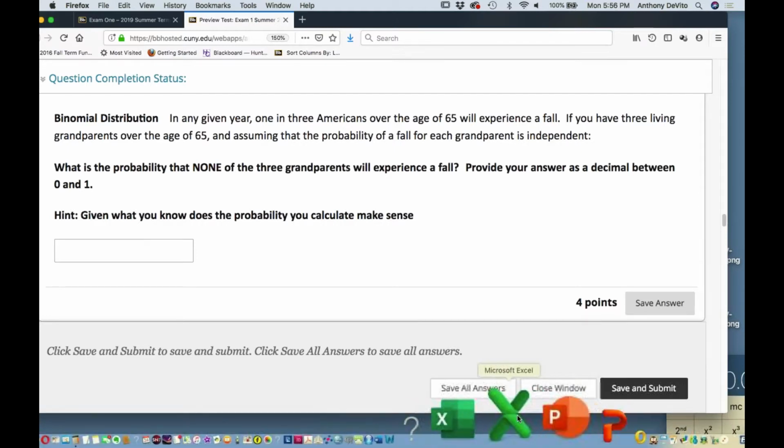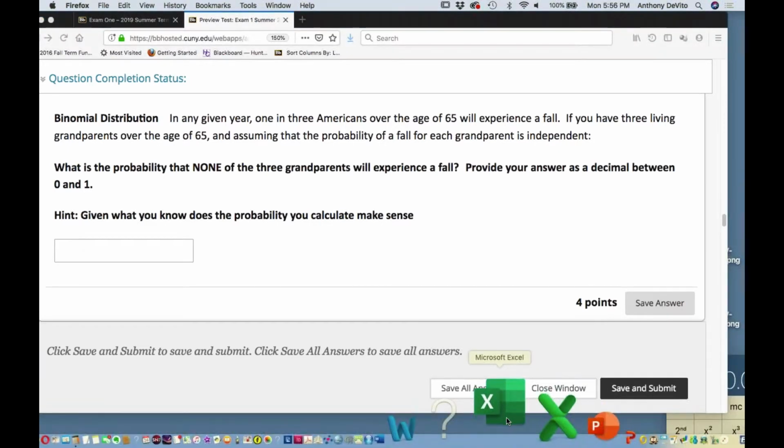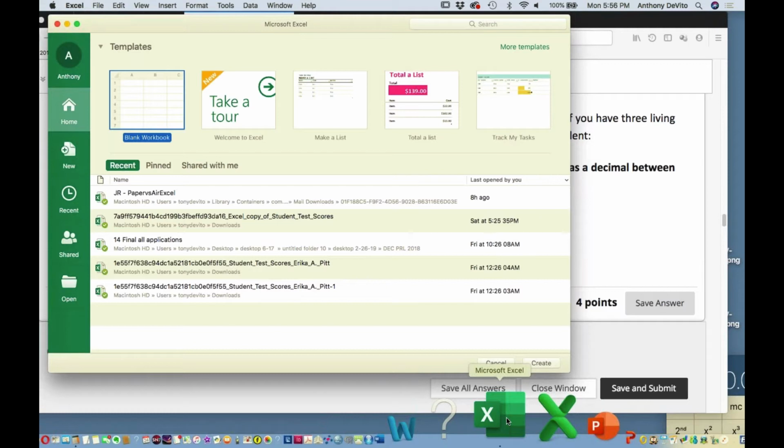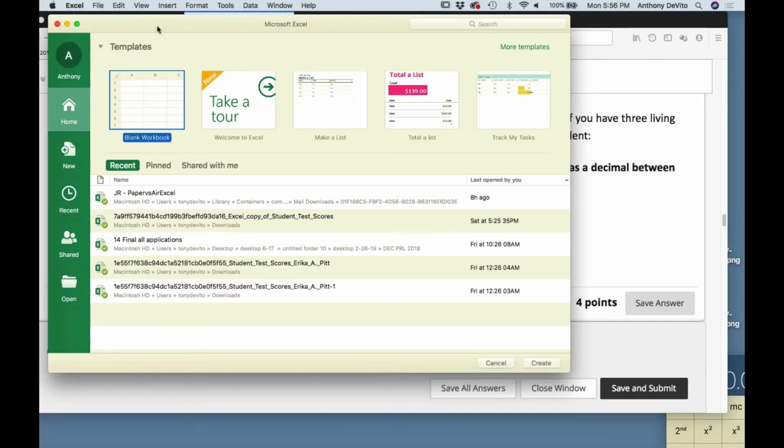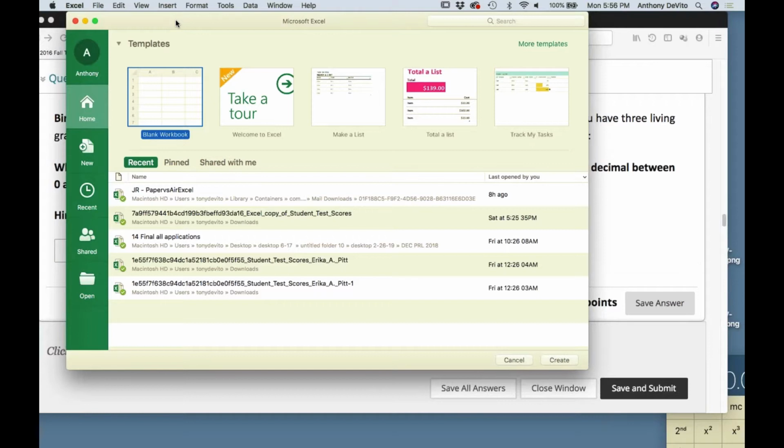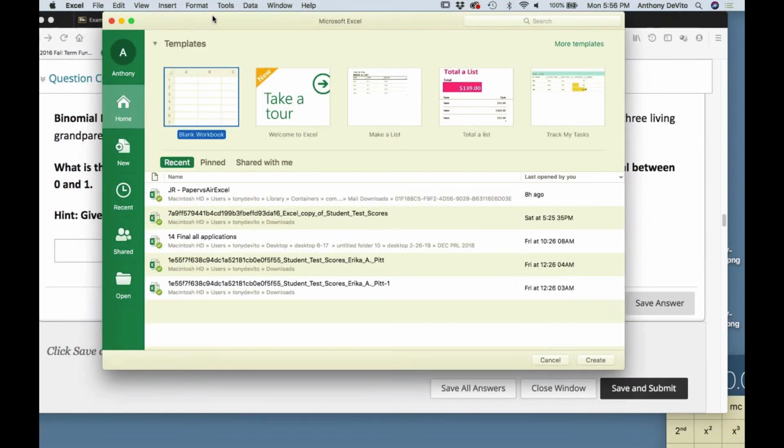Well, okay. Now, if you're going to wind up using Excel for this, you can use the binomial distribution. You don't need to, right? Because didn't I just say that the probability of any one person in that population experiencing a fall was 33.33%, right? What's the probability of any one person not experiencing a fall? One minus that, 0.66, right? So what's the probability of all three not experiencing a fall? 0.66 times 0.66 times 0.66. So you could have just done it that way. But if you decided to go the route of using the binomial distribution,